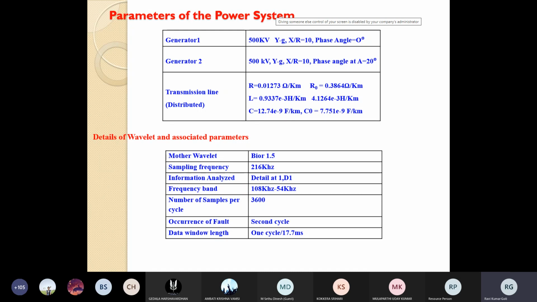Our waveform is divided into a number of sections. That is, 180 degrees of waveform is divided into 32 sections. The frequency is 60 Hz. So 32 into 60. Each and every piece of the waveform is again divided into 100 samples. So the total sampling frequency is 216 kilohertz, and information is analyzed by making use of the Bayer 1.5 D1 detailed coefficients. The frequency band is between 54 kHz and 108 kHz, and the number of samples per cycle is